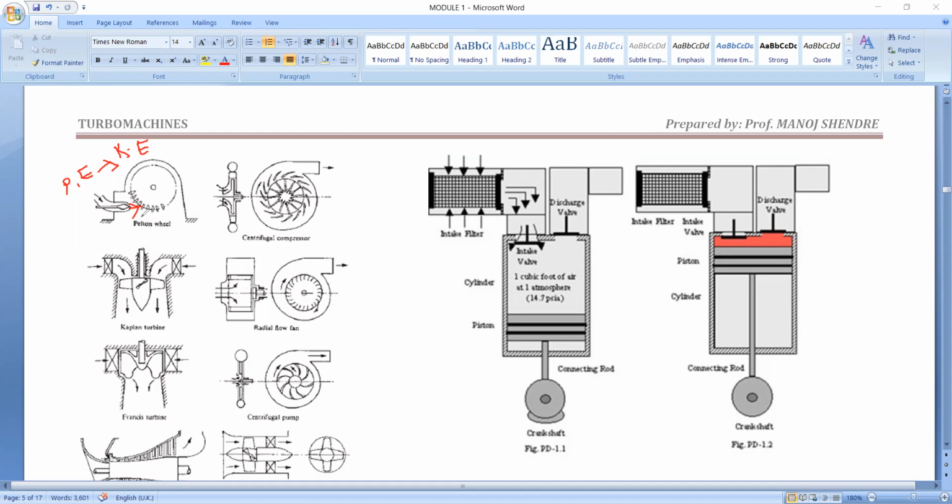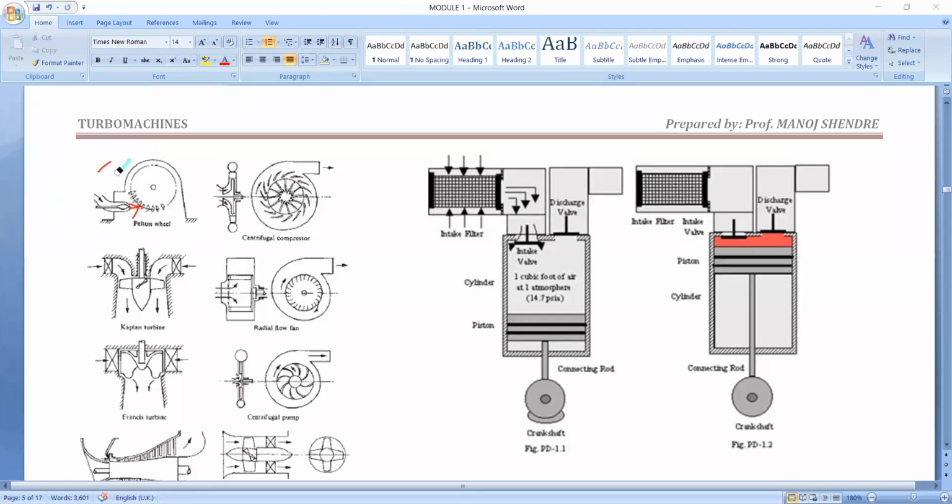Okay, so if we use steam as the working fluid, it is a steam turbine. If we use water as the working fluid, it is called a hydraulic turbine. If we use gases as the working fluid, then it is called a gas turbine. Okay, so sometimes in competitive examinations, they will ask that,